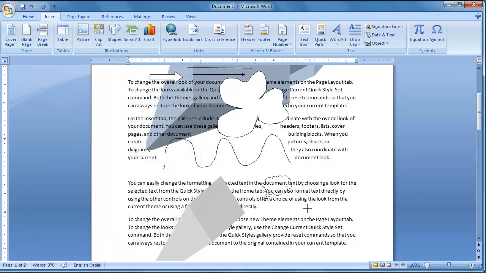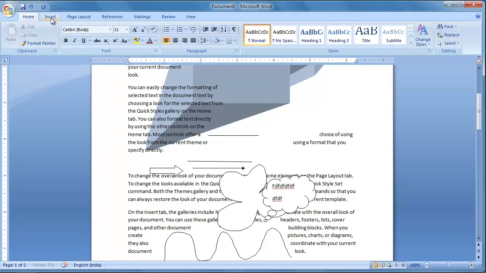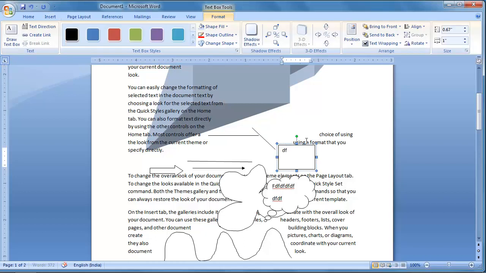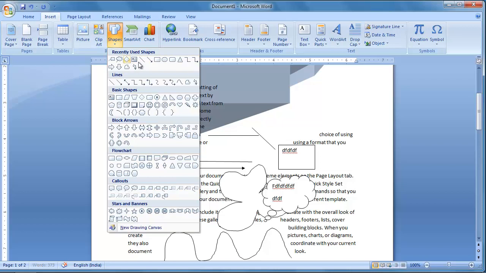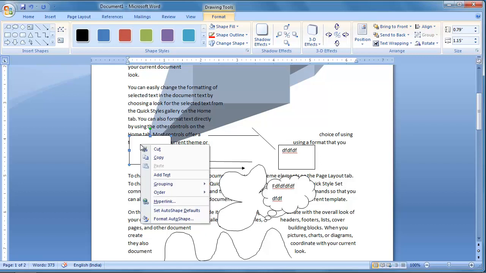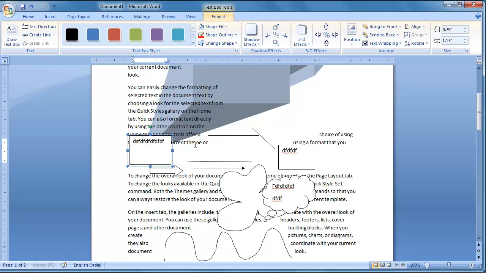Callouts, if you want to give some comments, automatically we will get the cursor when you insert callouts, so that we can type the text. If you draw, suppose a square, we don't get text. To type the text, right click and click add text and type the text.